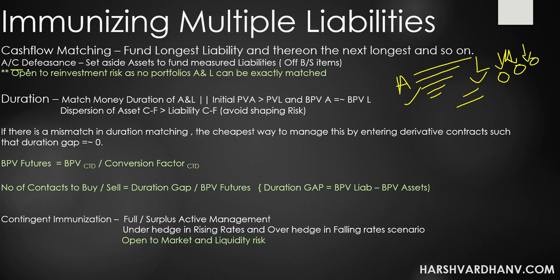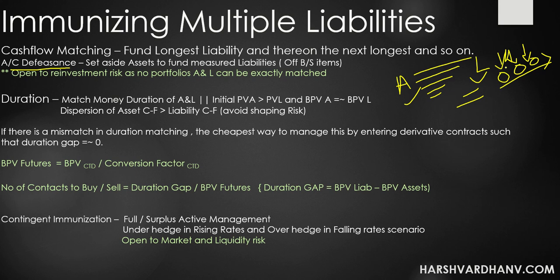This term is known as accounting defeasance or whatever you call it. So basically, since the assets are dedicated for these liabilities, you can take them off the balance sheet. And that is why whenever you're doing a fundamental analysis, it's important to see what are the footnotes of the balance sheet. In the footnotes, it will be mentioned what are the assets which are kept aside for the liabilities.